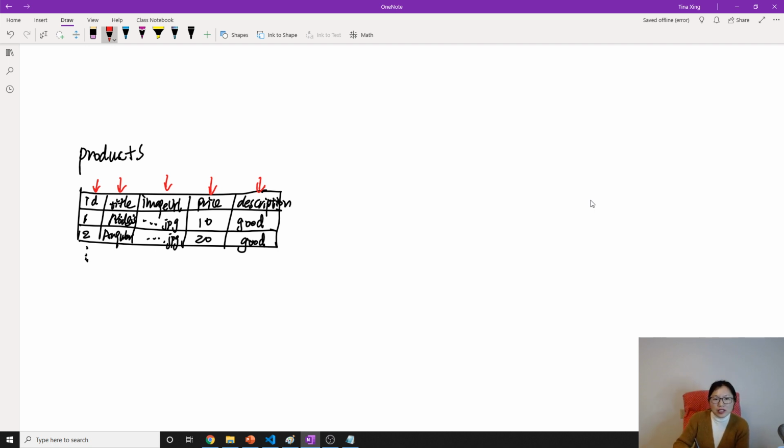In order to do that, we have to add an extra column. Then you can store this is 10, this is 20. So this is called having a schema, it has fixed columns. If you want to expand, then you have to add new columns. So this is called a schema, and the entire thing